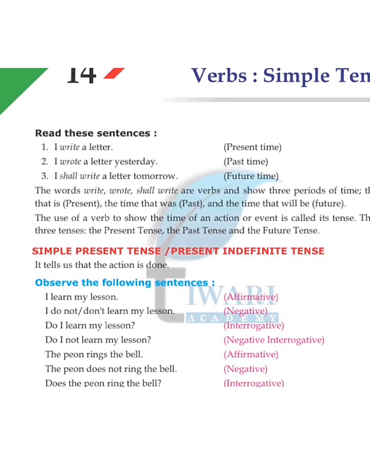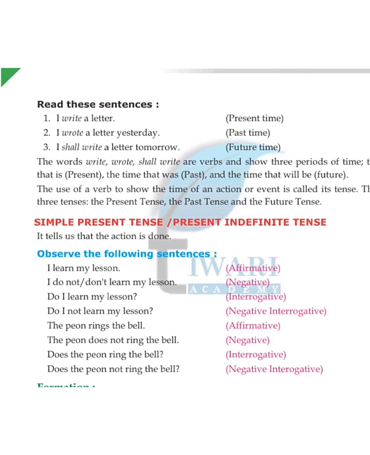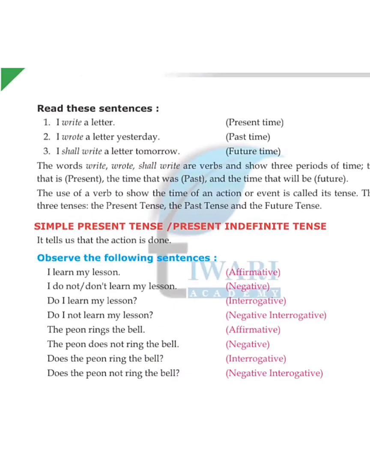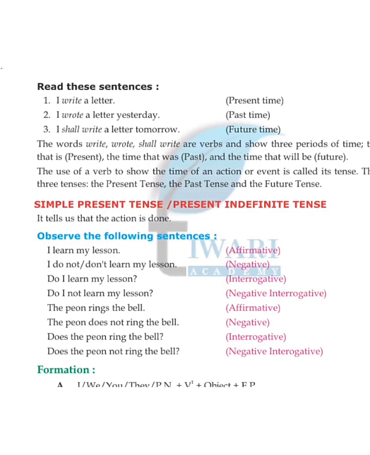Clear? So the first sentence represents present time, the second sentence represents past time, and the third sentence represents future time. Clear? So the words write, wrote, shall write are verbs that show three periods of time. जैसे कि पहले में राइट है, राइट का पास्ट में क्या बन गया, सेकेंड फॉर्म लगती है रोट. ओके, अब फ्यूचर में फर्स्ट ही फॉर्म लगेगी. Okay, but in the